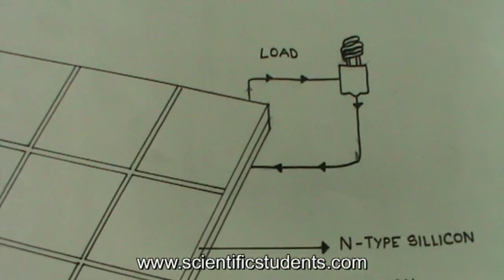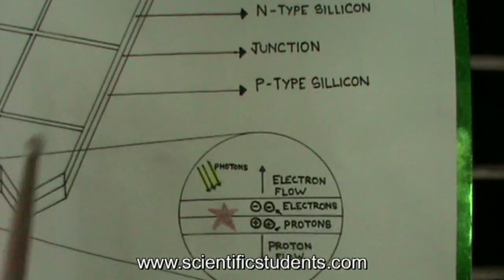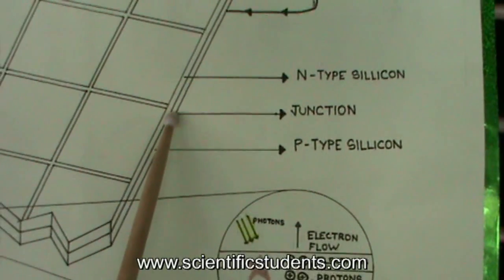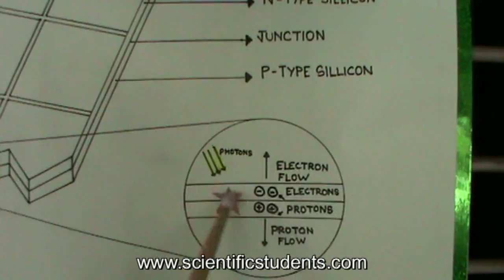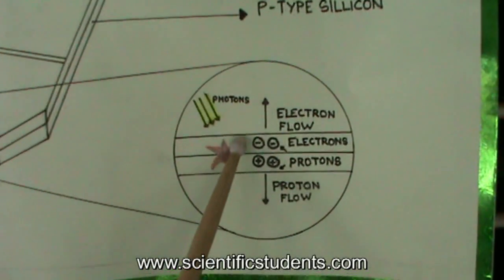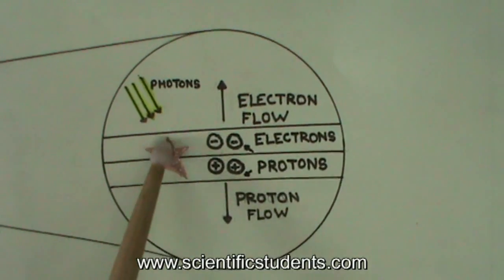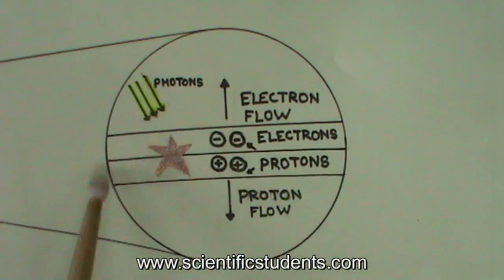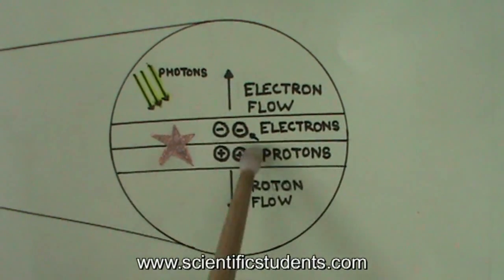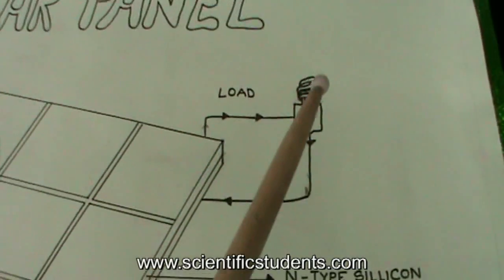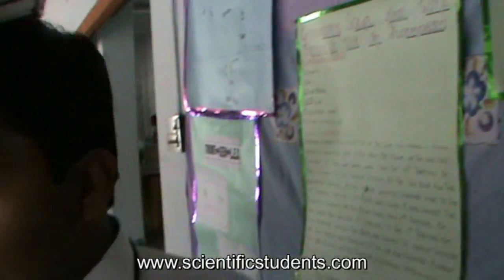This is called the load. And this is called the N-type silicon, which produces negative electrons, and this is the P-type silicon. And these are the photons, light containing photons, which when they fall on the two-layer semiconductor produce electrons, and which produce potential difference between the two semiconductor wafers. So this potential difference is able to carry the current through an external circuit, and thereby it produces useful work. So our solar panel has the capability of producing 0.5 volts.